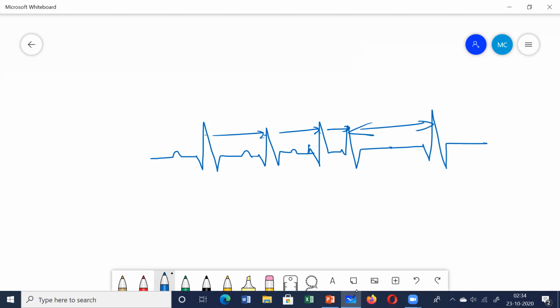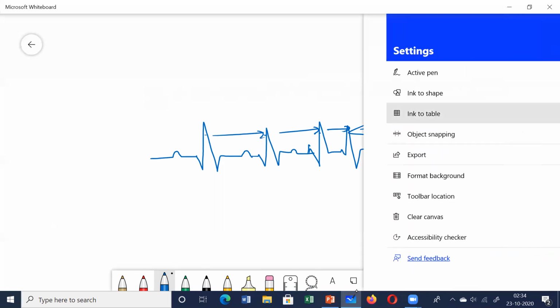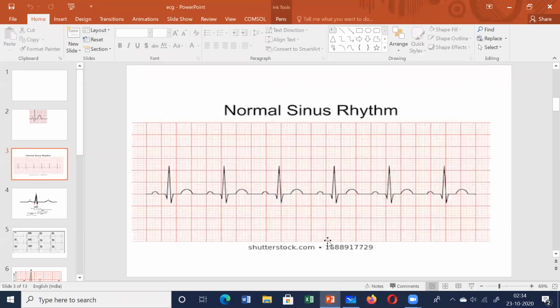So irregular rhythm. Next we will be talking about the different waves, the P wave, the QRS complex and everything. So again, let's go back to this image. This first wave is the P wave. What does this P wave denote? This P wave represents the depolarization of the right and the left atria from the sinoatrial node. So this small P wave denotes the depolarization of the atria. And remember, a normal P wave is usually less than 0.10 seconds in duration.